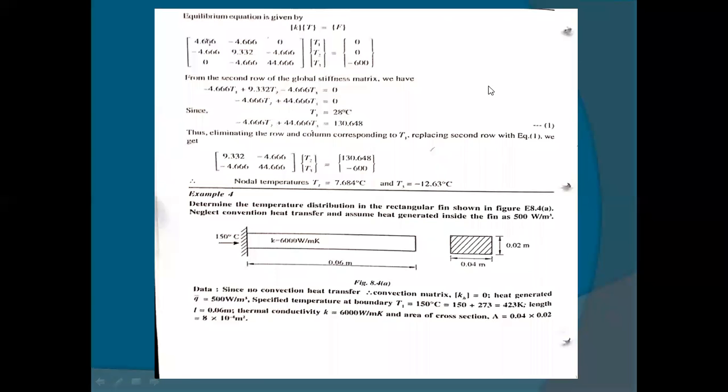In the last session, we discussed the problem related to the fins. That is, one end is fixed and subjected to some temperature, and the complete fin is subjected to surrounding temperature. So we calculated the stiffness matrix for conduction and the stiffness matrix for convection related to the fins problem. Now we will see the next type of problem.